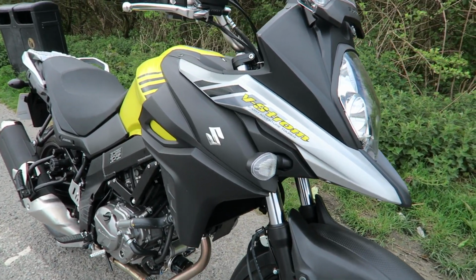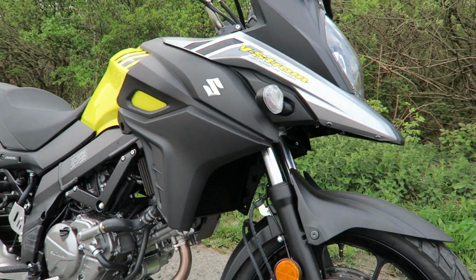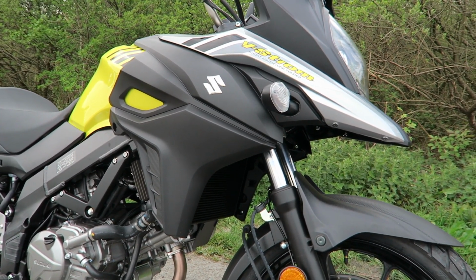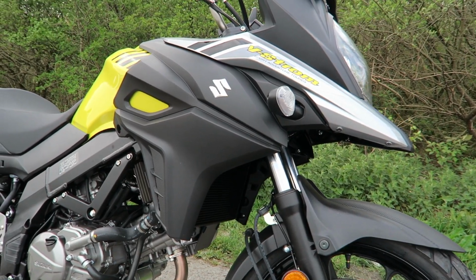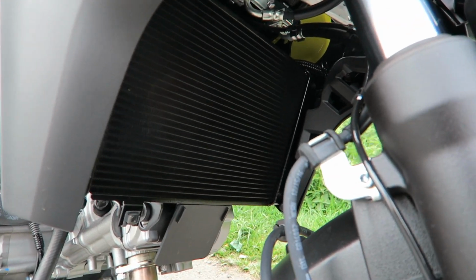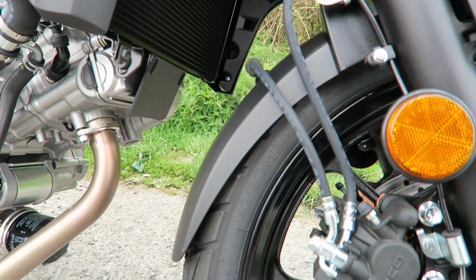and the pointiness of it, although it's smooth points, and I hope you'll get what I mean, but it's very smooth, and I really do like the way that they've styled it. It looks very futuristic, very now, and very accomplished. And they have got a huge radiator in there,